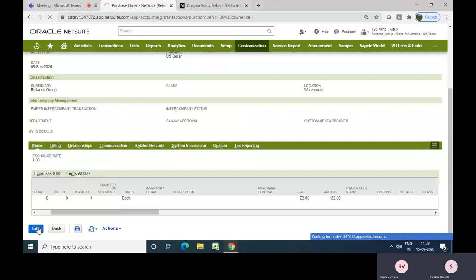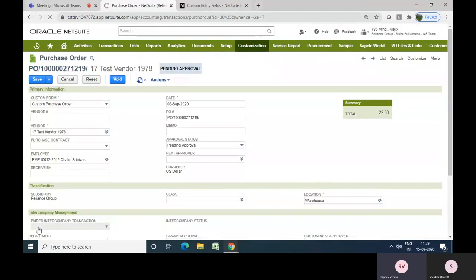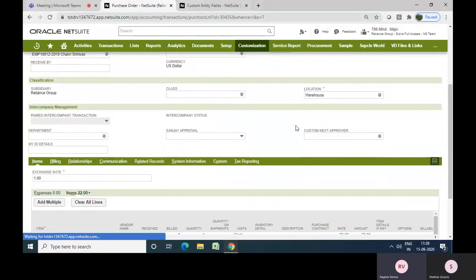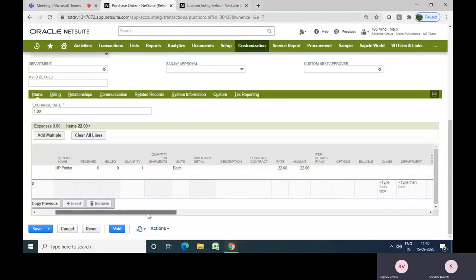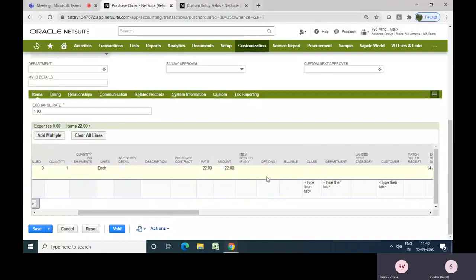Let me edit this one. If you want a field like this, then column field, and if you want a field inside an option,